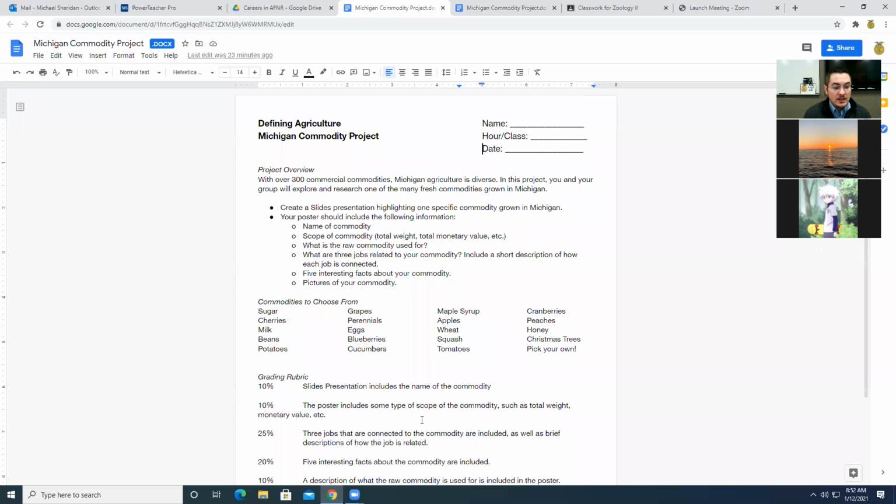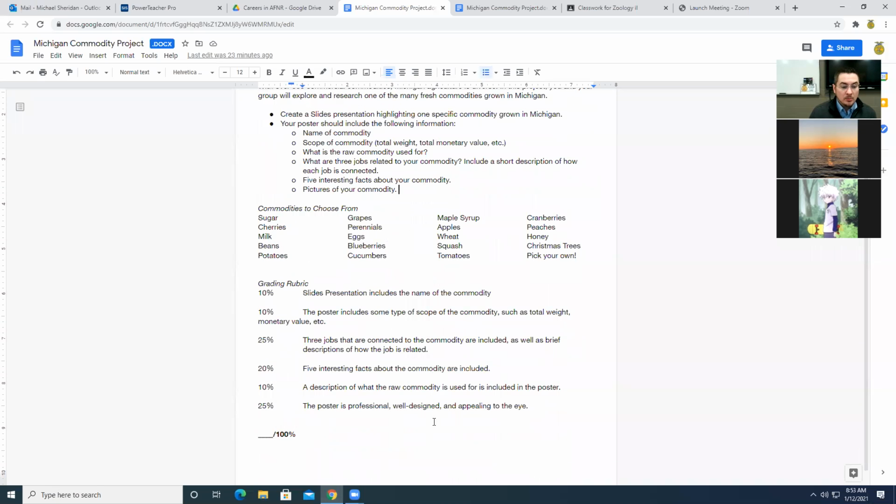And then you'll see down here, we'll get to the rubric in a minute. You need to find 3 jobs that are related to that commodity and talk about what those people do. So what are 3 different ways that you could be involved in that industry, and start looking for some of those jobs. Then you need to track down interesting facts about your commodity and include pictures as you would in